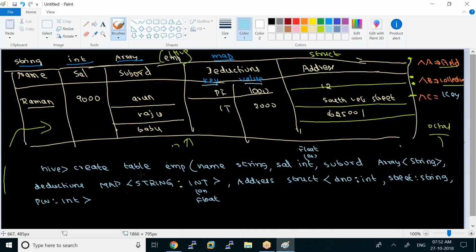Here you open brace and close brace, the table's open brace and the table's close brace. Apart from that, you want to specify the storage, how the data is stored here. Here you need to specify the row format delimited. It is not case sensitive. Row format delimited, fields